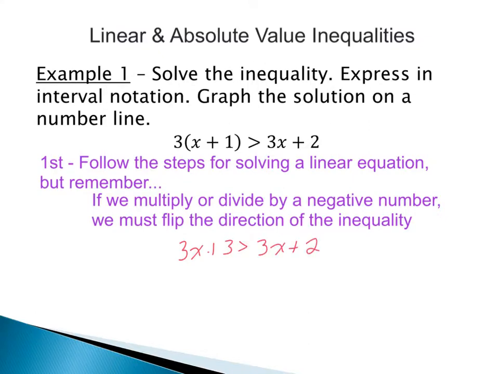So solving for x, I'll move my 3x from the right side over to the left, so I'd be subtracting 3x from both sides. And when I do that, we can see that our 3x's actually cancel out, and what we're left with is just 3 is greater than 2. So when our x's cancel out, then we have to think about what happened when we had our linear equations and our x's canceled out. We had two unique situations based off of the statement that we were left with, and this is going to be true for linear inequalities as well.